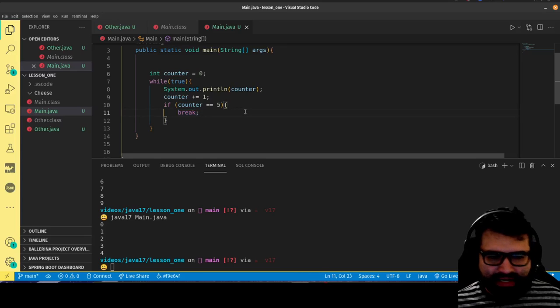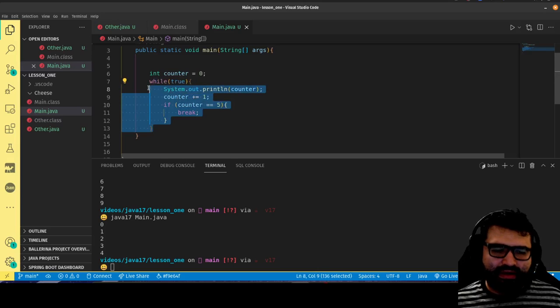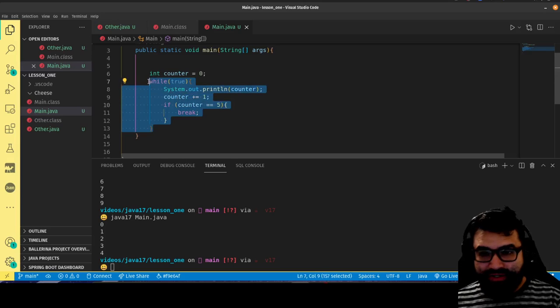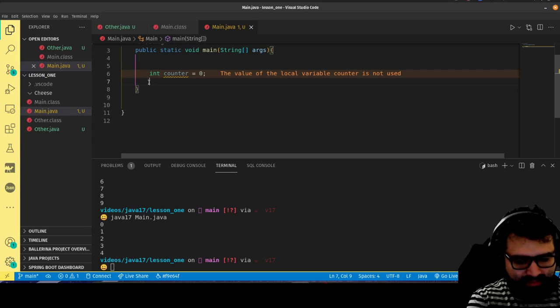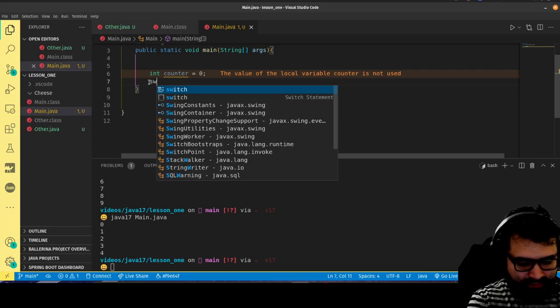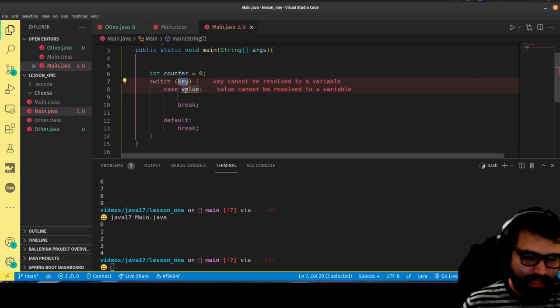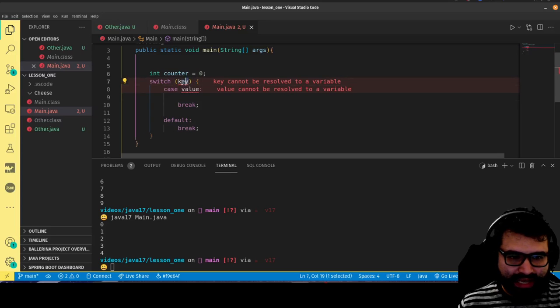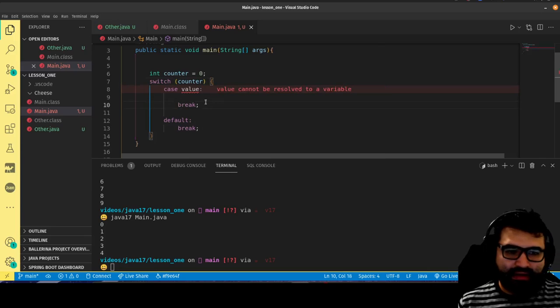So those are different control flow structures. You also have a switch statement. And you have switch expressions right now, which are, I think, in preview. So we'll probably do a separate video on that. But in this case, we can do a switch. And the way a switch statement works is that you would say, hey, I want to check something here. So I want to check counter. And I want to say, hey, if counter equals 0,